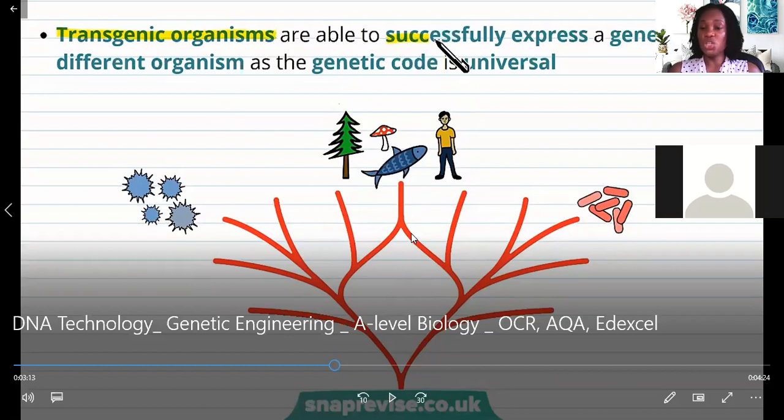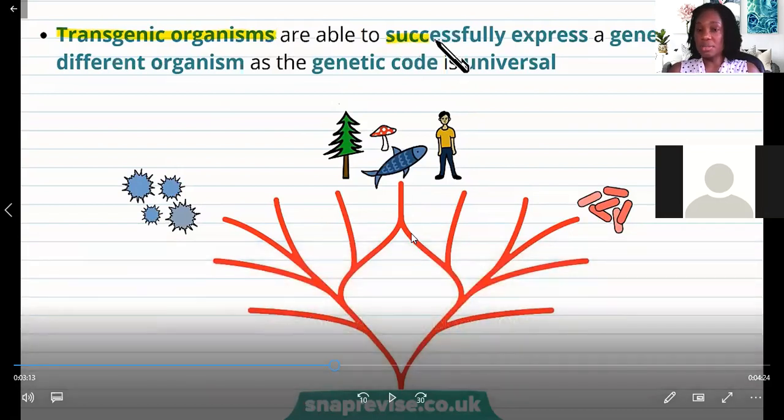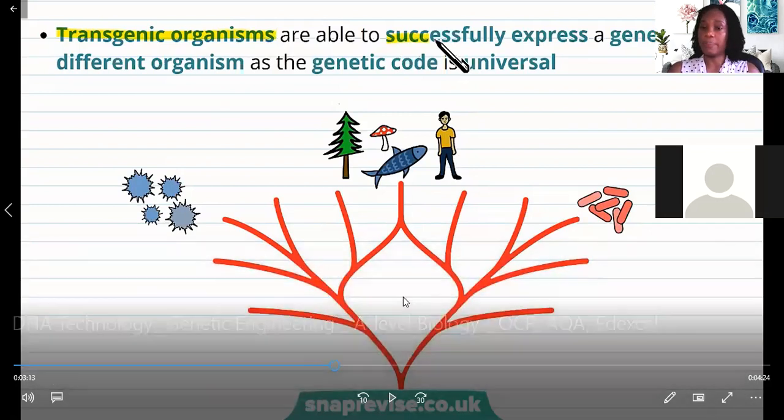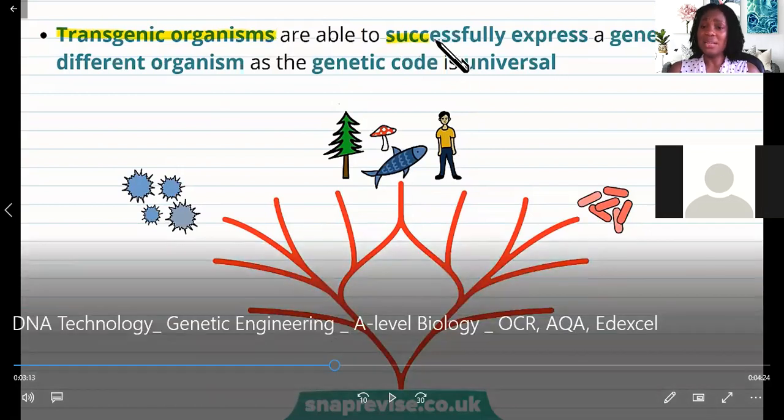All the different organisms on the planet use the same genetic code. So I can take a gene from a virus and put it into a bacterium, and the bacterium can read the information that is present in the gene. If the genetic code was not universal, that would not have been possible. After they discovered that it is universal, that is when they realized that genetic engineering was possible. You could take any gene from any organism in any species and insert it into any other species that you desire.